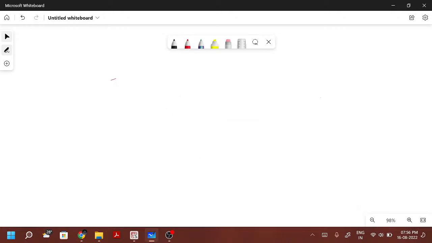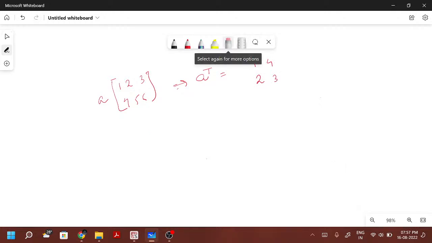So what does a transpose of a matrix mean? If I'm doing, say, 1 2 3 and 4 5 6, the transpose is 1 4, 2 5 and 3 6, like that, correct? So if you now check this, actually, if you just take 0 1 2 as the index of the column, and 0 and 1 as the index of the row,